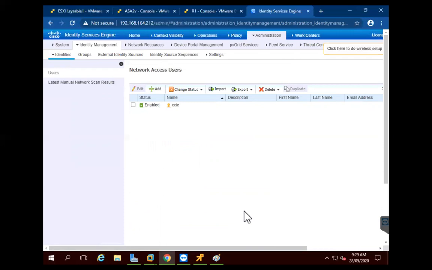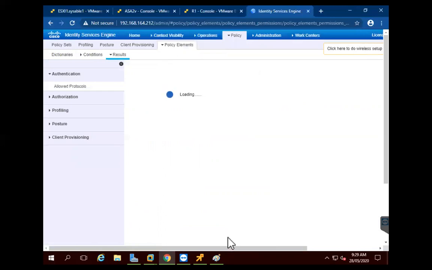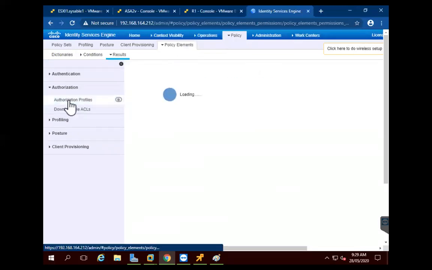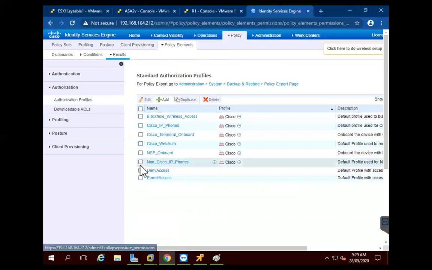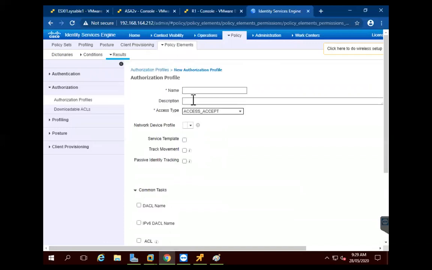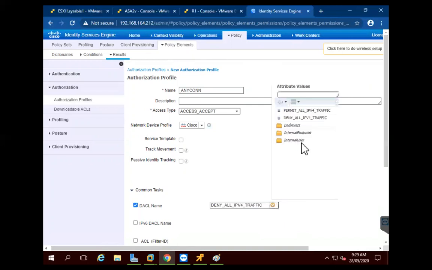Next, we will create an authorization profile. Go to the Policy, in the policy elements, go to the results. And in the authorization, click on authorization profiles. So I will create a profile for AnyConnect. So I will click on add. And I will name it AnyConnect. I provided the name here. And I will click on DACL name and I will say permit all traffic.